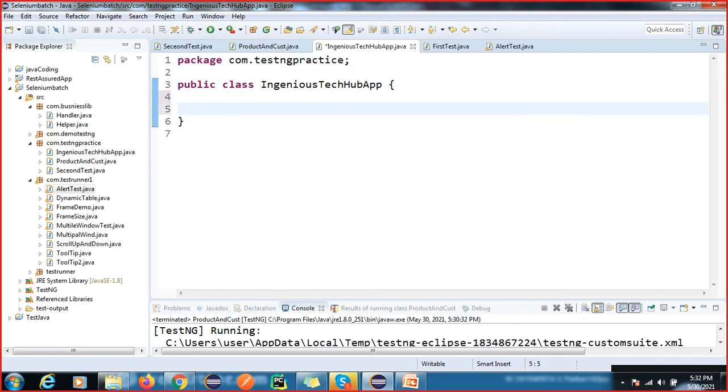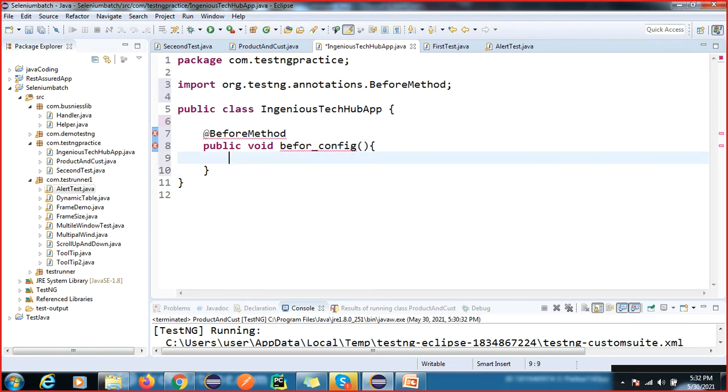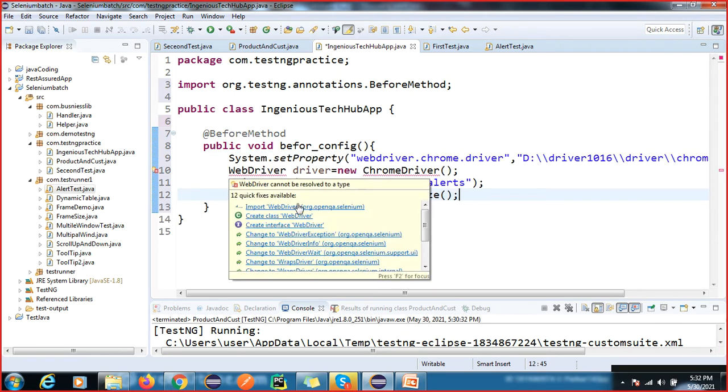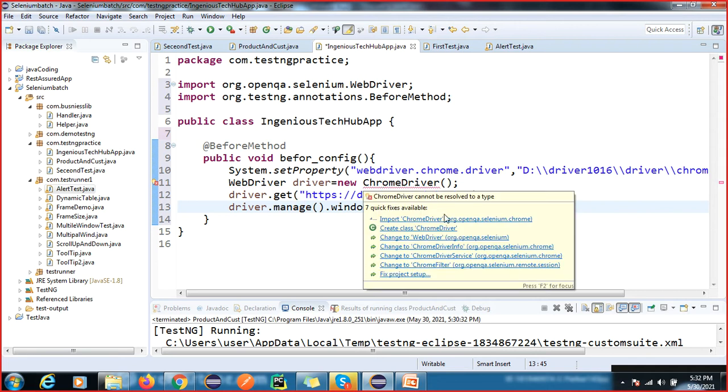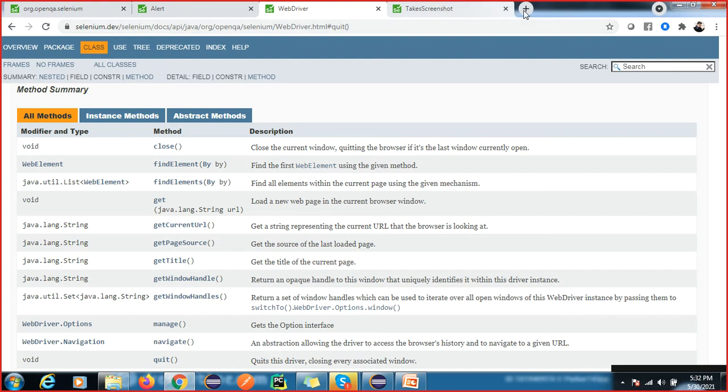First, in the before method, public void config before. Now here, go to the engineers blog.